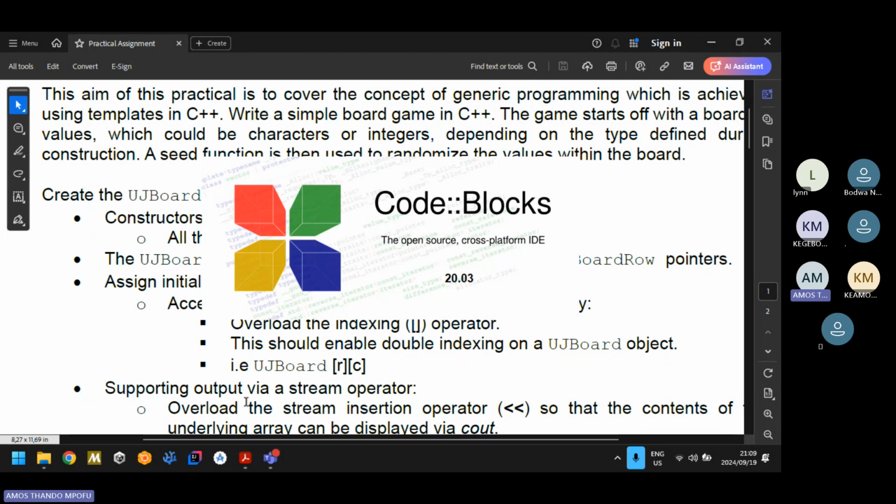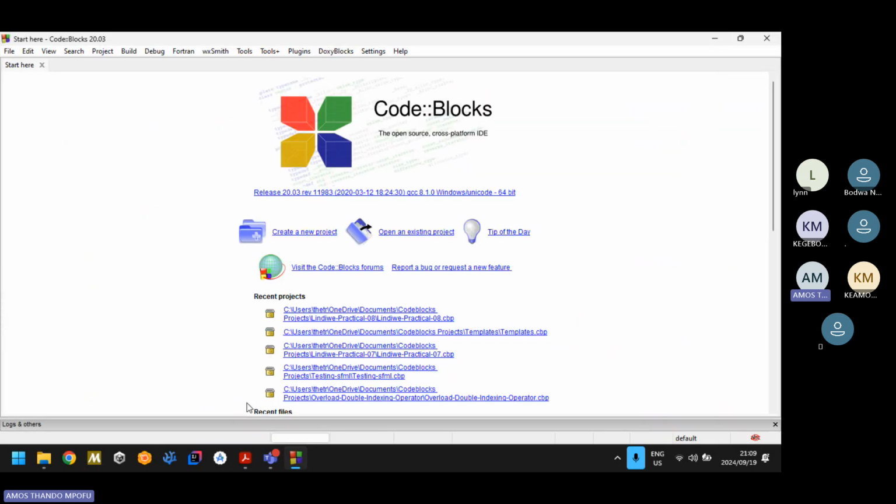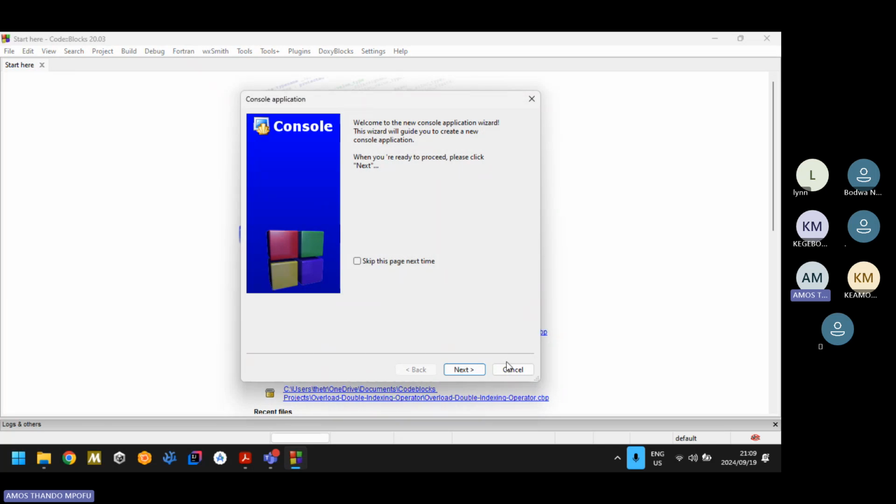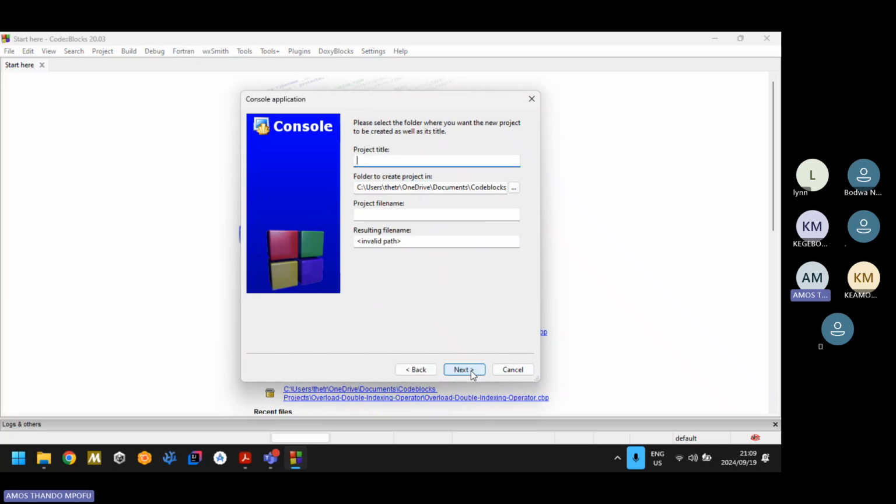So the only tricky part is the UJ board, the UJ_chess row, the UJ board row. That's the tricky part. That's the part that's gonna make your code not compile. And templates also are a bit confusing. So I'll call this template